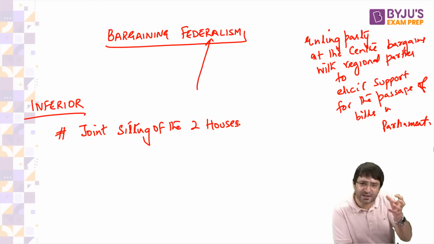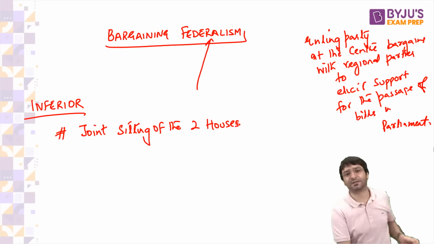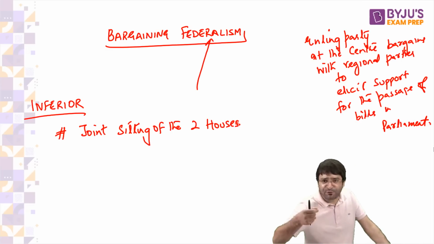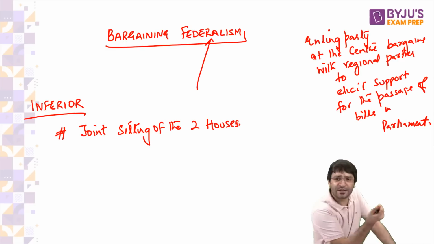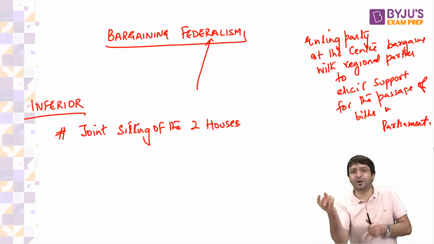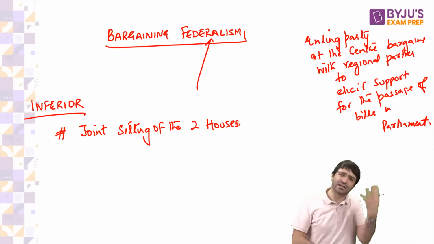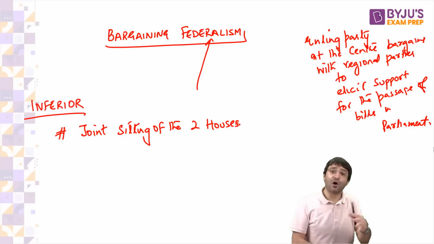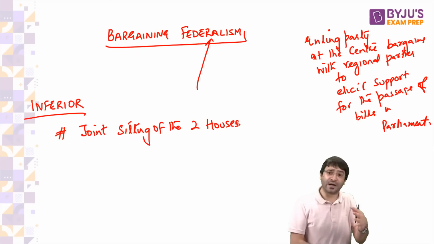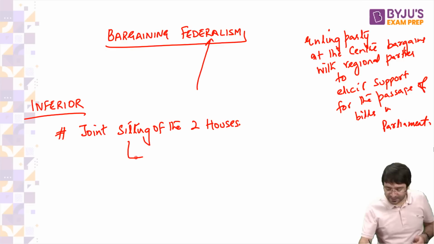But in the joint sitting of the two houses, it is the majority, it is the will of Lok Sabha which prevails. Because Lok Sabha has 543 MPs, Rajya Sabha has 245 MPs only. So whatever is decided in this joint sitting will basically be the will of the Lok Sabha because they have the numerical majority. So how can you say Rajya Sabha is the superior house, or has an equal role with respect to Lok Sabha? It does not have. But you also need to understand